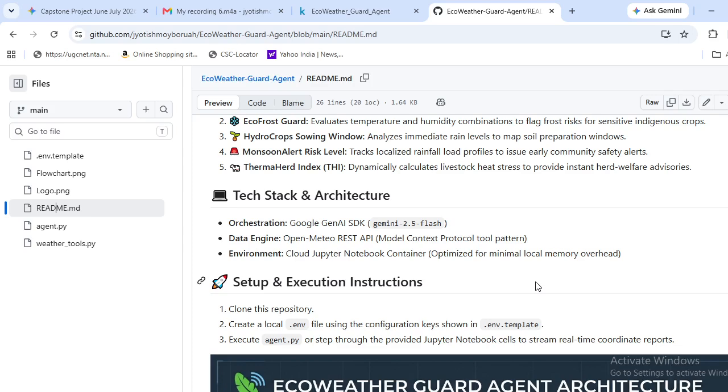I designed a specialized architectural flowchart. This diagram maps the exact data flow from raw API payloads through the validation filter